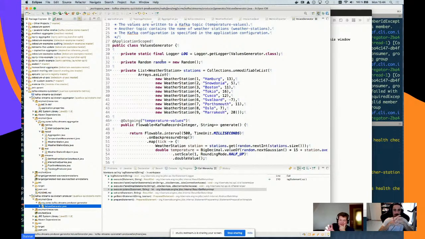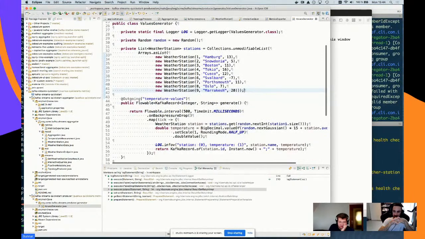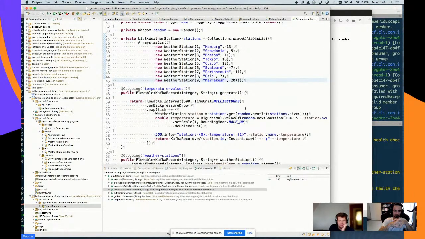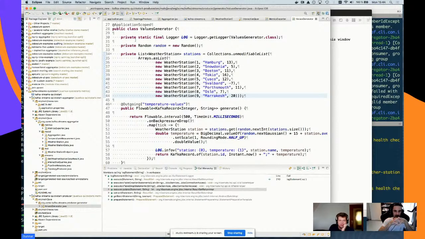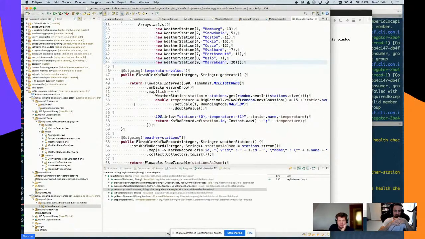Yeah, so that's this source of measurement, right? And here, this is using this reactive messaging API, which is super easy to use for this kind of use case. So again, you just have an application scope CDI bean, and then you define those outgoing flowables. So they are essentially data producers, right? And what happens here is every 500 milliseconds, every half a second, this will produce a new temperature measurement and send it to this channel here. So that's a logical channel, temperature values.